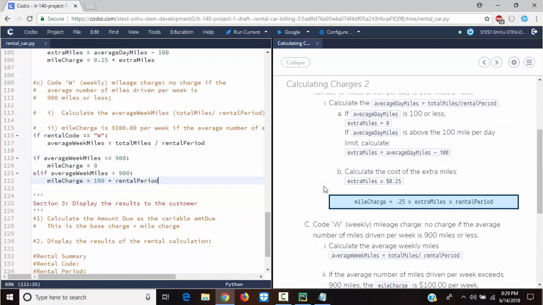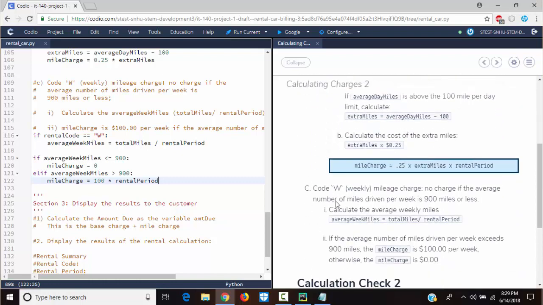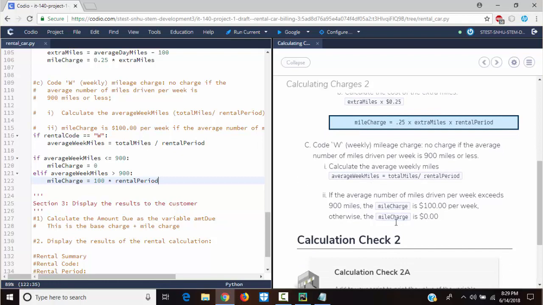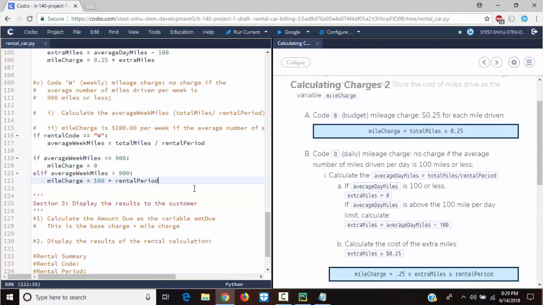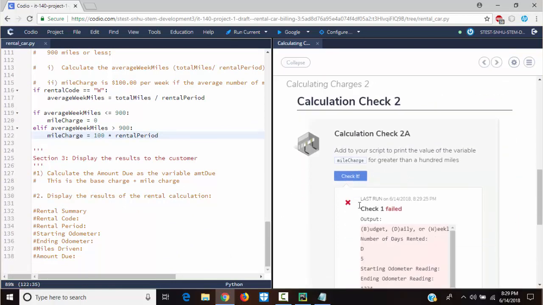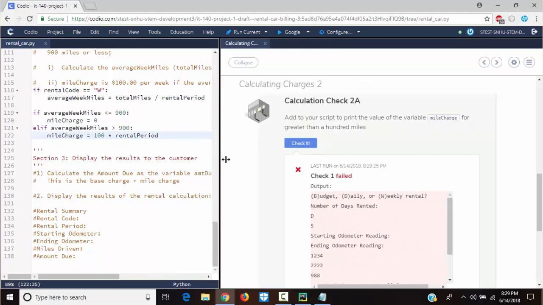I don't know whether we are asked to add code to calculate this and store the cost, mileCharge. But then we are not asked to print it, so I don't know. Let's see. We check it. Okay, failed check, no problem. Let's see the error.